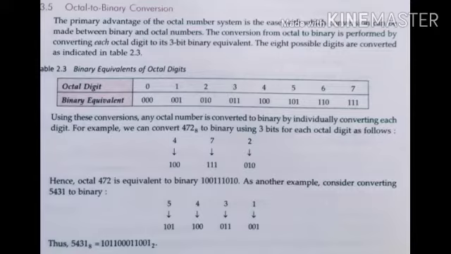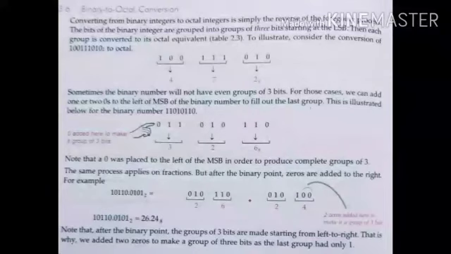This table of equivalent values of octal and binary can also be used when we are converting a binary number into an octal number. We have to remember these values. Now the next conversion is from binary to octal number. Octal means 8, and 8 is the result of 2 raised to the power 3. So the power 3 we have to keep in mind.